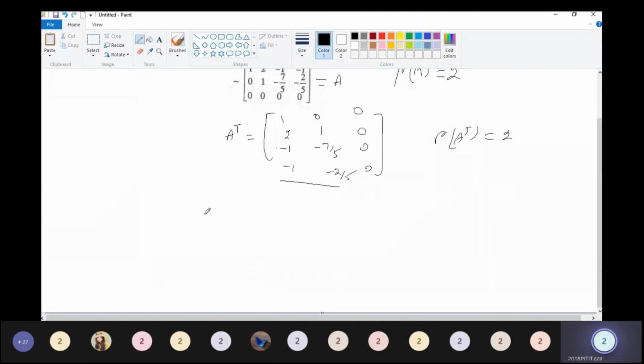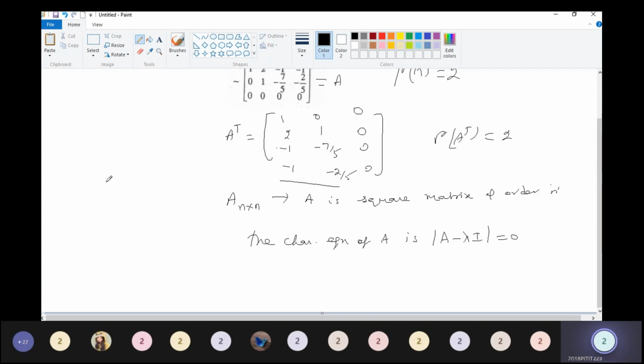So first the general case. For any square matrix of order n, A is an n by n matrix. So A is a square matrix of order n. The characteristic equation of A is the determinant of A minus lambda I equal to 0. So this is the characteristic equation.